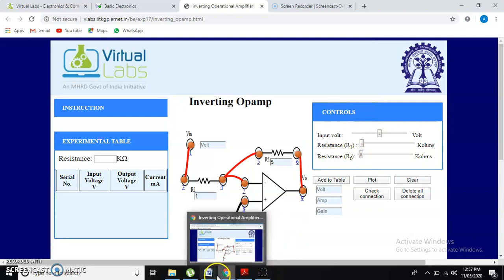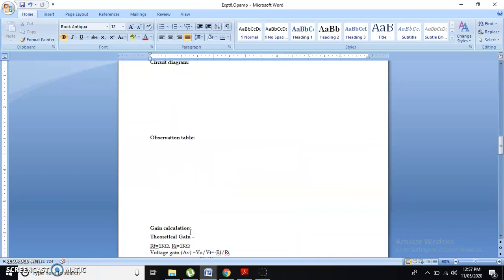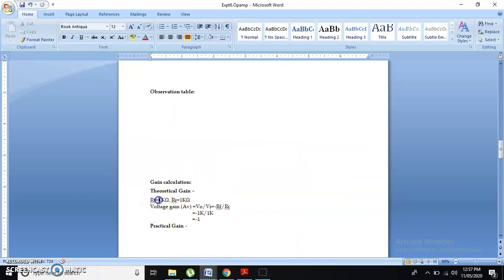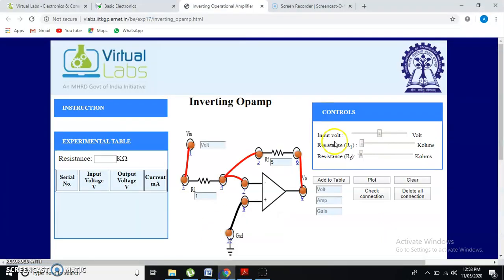So I will go to this page and specify here that RF is 5 kilo ohm. According to that, now what is the gain of my circuit? I have changed the gain conditions. The value of RF is set to be 5 kilo ohm, and the value of R1 is set to be 1K. So according to the formula, minus RF by R1 is equal to minus 5K upon 1K. Therefore, gain comes out to be minus 5.